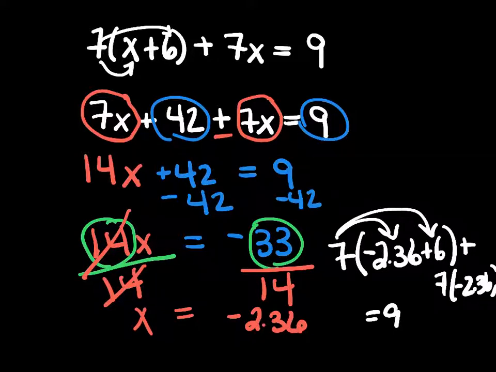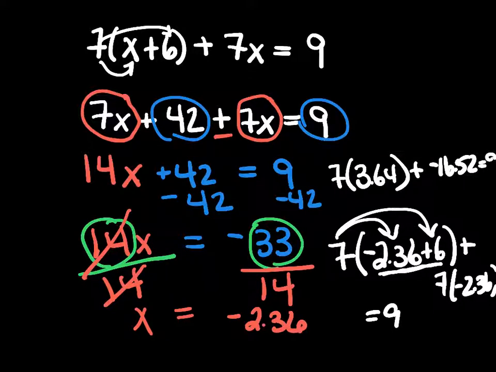Again, of course, to check this, we have to distribute by everything. However, with no variables in here, we could also combine those two terms. So negative 2.36 plus 6 gives us 3.64. So 7 times 3.64 plus 7 times negative 2.36 gives us negative 16.52 equals 9. 7 times 3.64 is 25.48